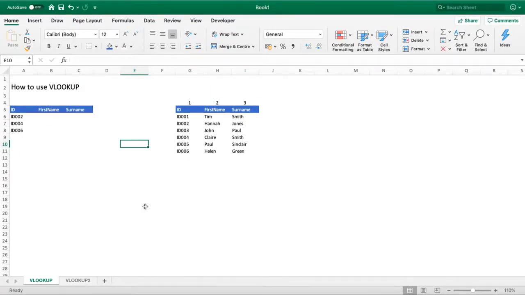In this tutorial we're going to be revisiting our most asked question about a function, which is the VLOOKUP function